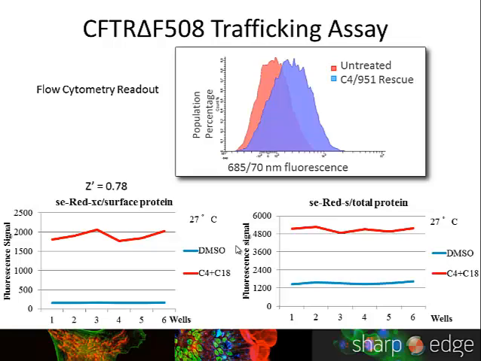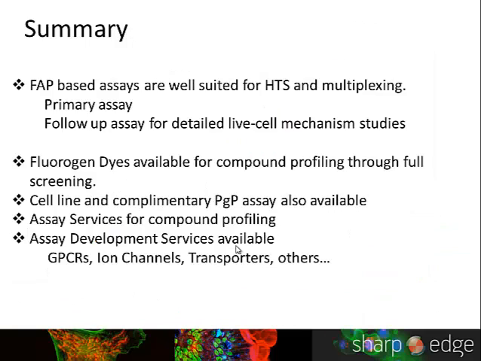The same thing happens when you use the S dye to label the total protein. You see this big increase of the total protein as well. And then we get a Z prime greater than 0.7, so that means we have a really robust response under this condition. So in summary, the Fab-based assays could be used for high throughput screening, or it can be used